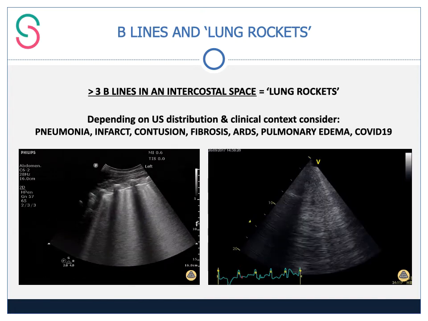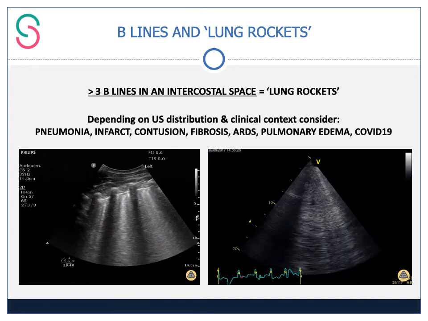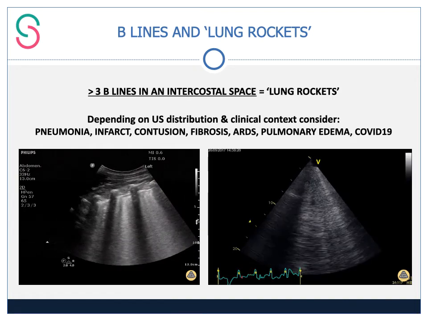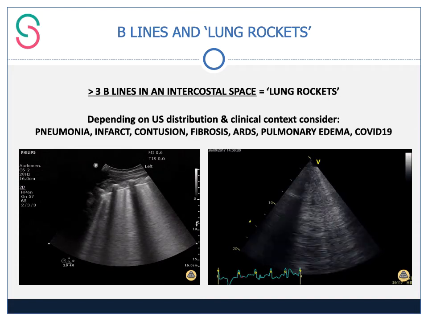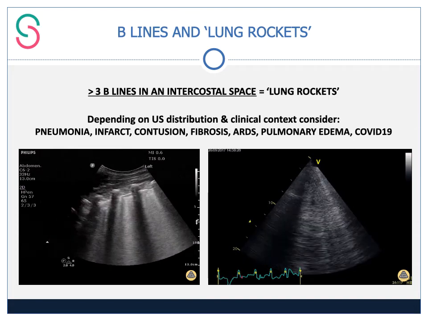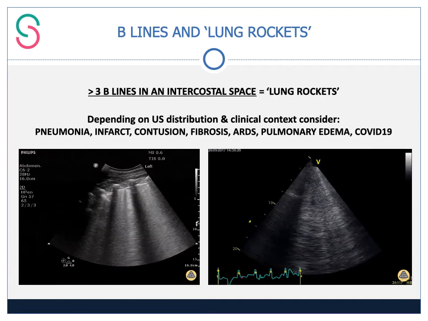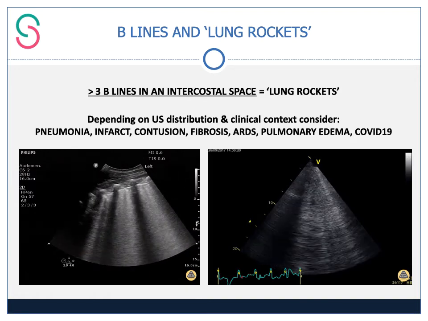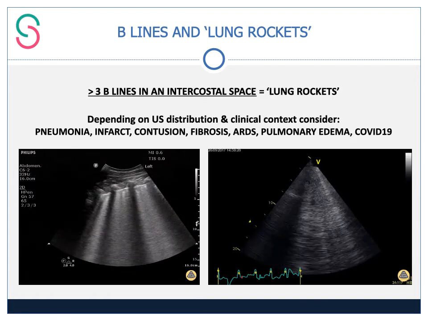And as we'll see a bit later on, depending on the ultrasound distribution and the clinical context, lung rockets can mean pneumonia, pulmonary infarct, pulmonary contusion, lung fibrosis, ARDS, pulmonary edema, and in this day and age, COVID-19. So this is a very important sign to detect and also to